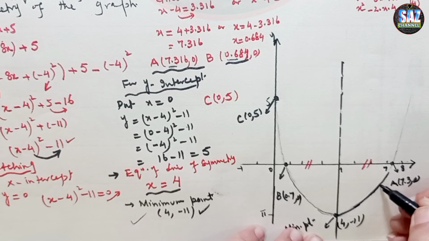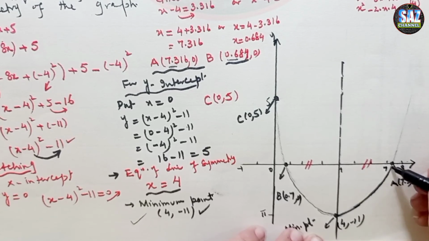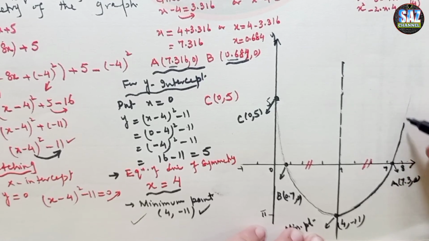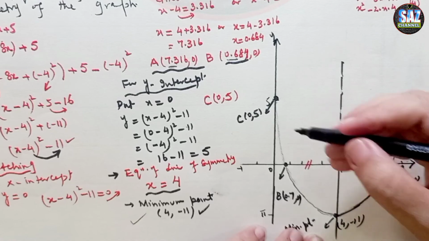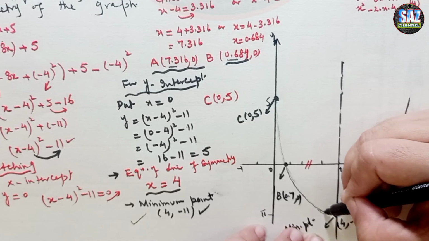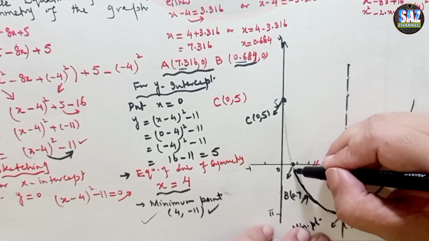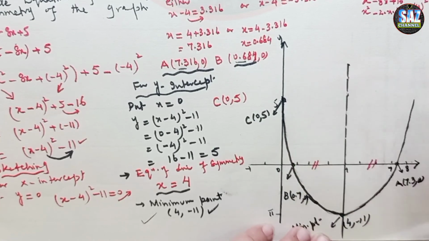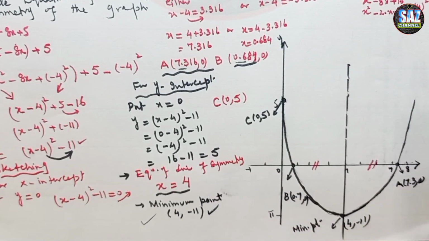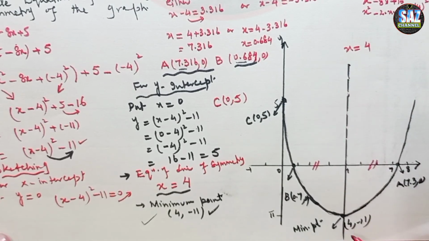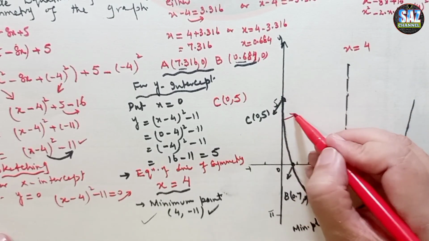No fluctuations, please, especially from the teacher's work. Teachers should not make fluctuated curves. In this way the students can get the wrong idea that the curve can have fluctuations. But please be careful while you are drawing and sketching quadratic graphs, otherwise you will be in trouble. Yes, not bad. Now let me mark my line of symmetry. The line of symmetry is x equals 4, minimum point I marked. What is left, I have not marked the curve here.